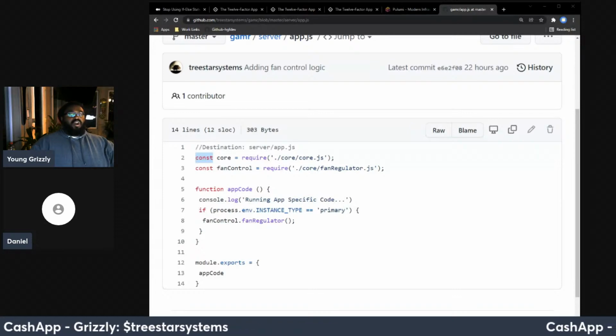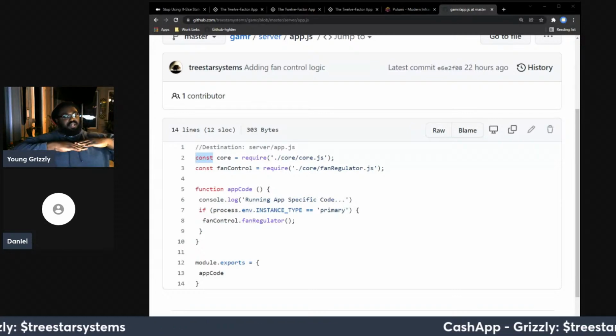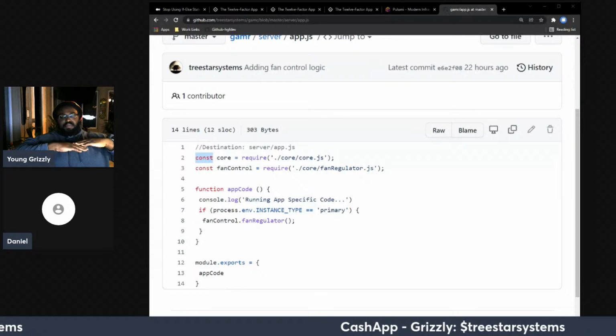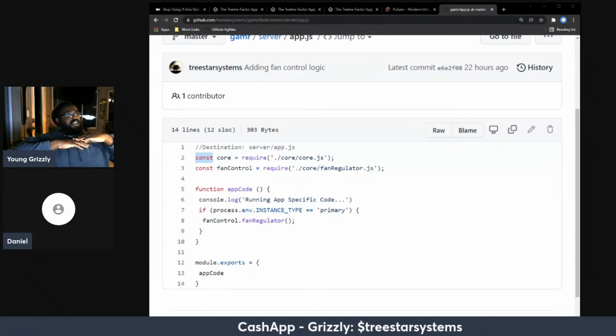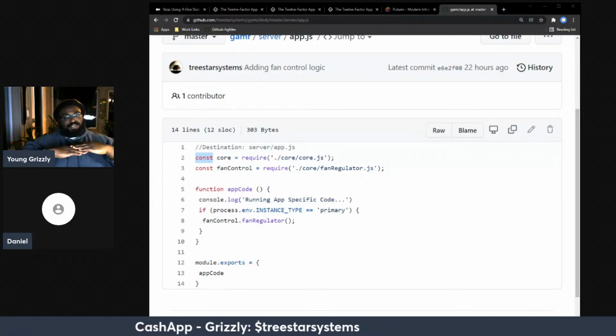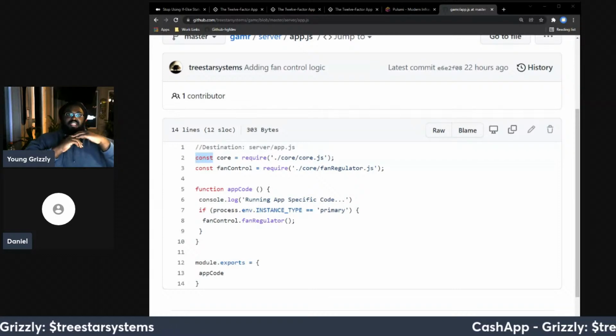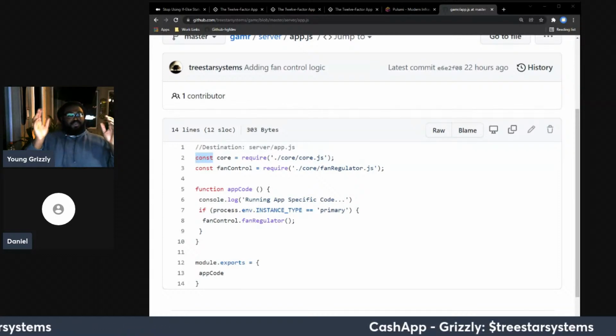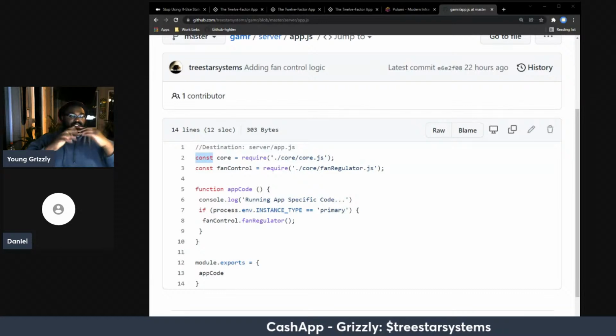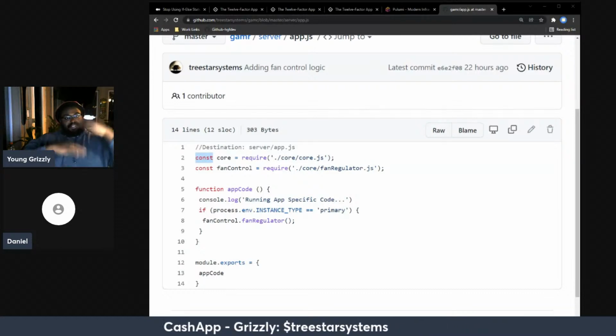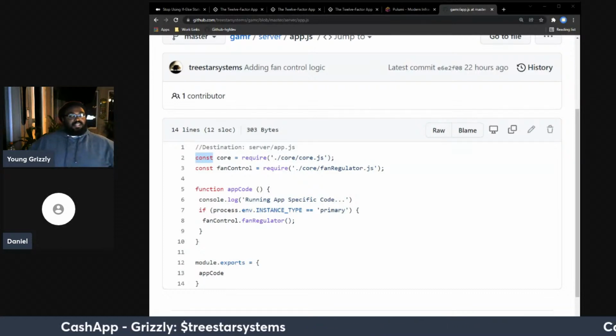Okay, all right, so explain a little bit of this, and this will probably be the last thing, because I want to do some coding projects after this. Explain the difference between Docker and Kubernetes, or the similarities, or how does that all stack up? Because I don't understand it.